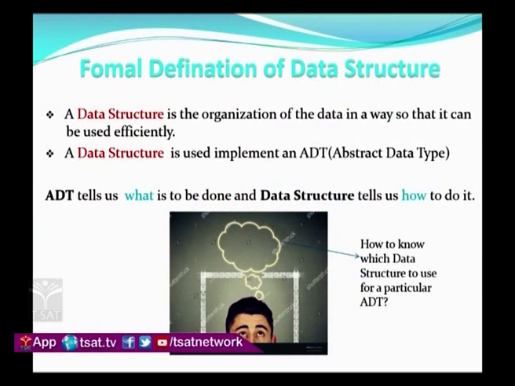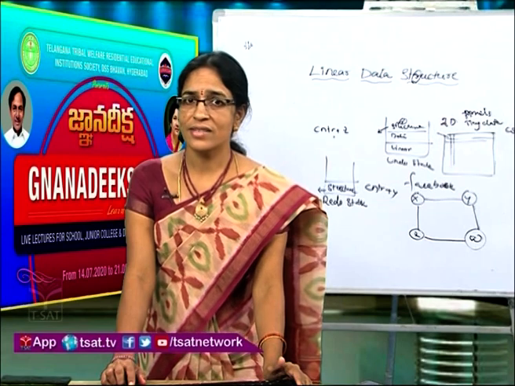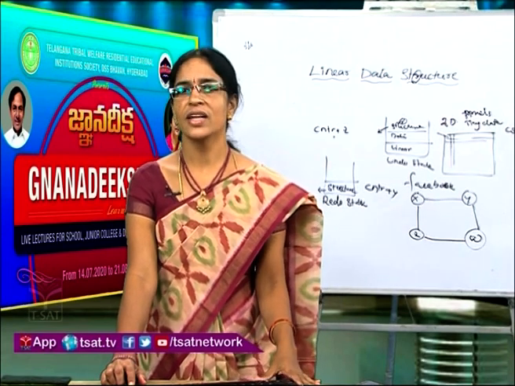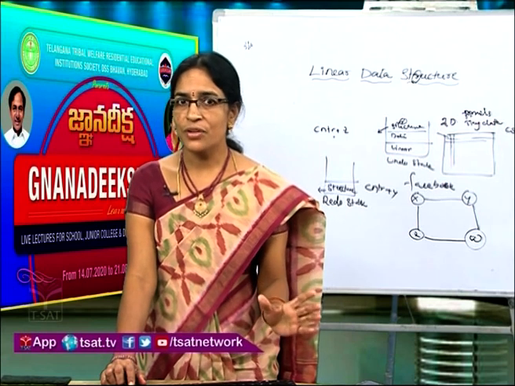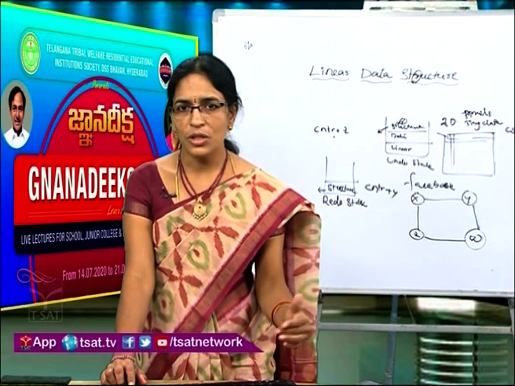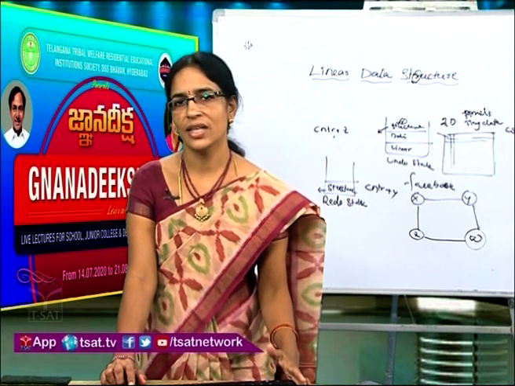That means abstract data type gives how the operations are performed on the values, whereas data structure is how those operations are used. So this is the concept of a data structure. Whenever we have to implement any data structure, we compulsorily use some ADTs. So to implement a data structure, we are using ADTs.